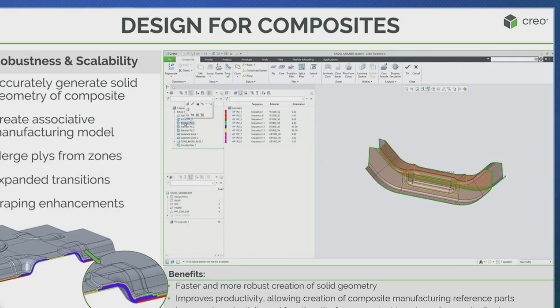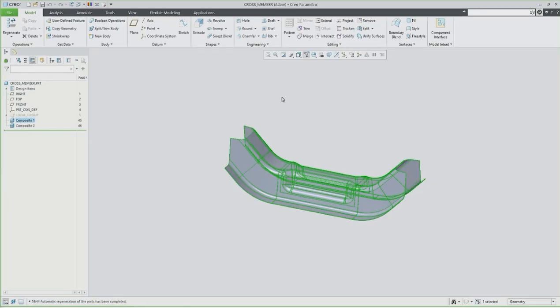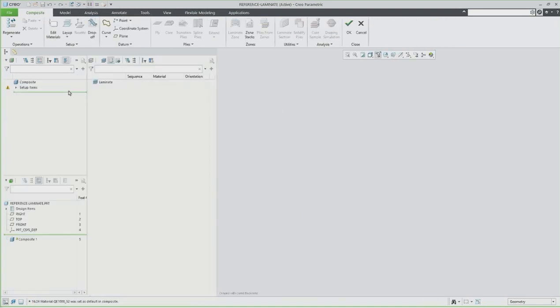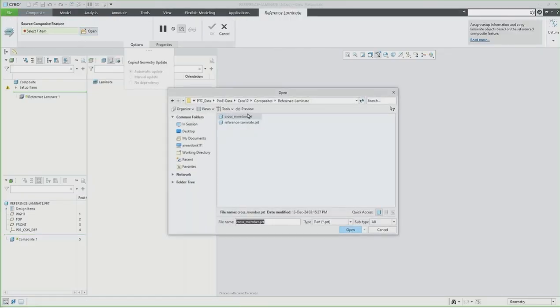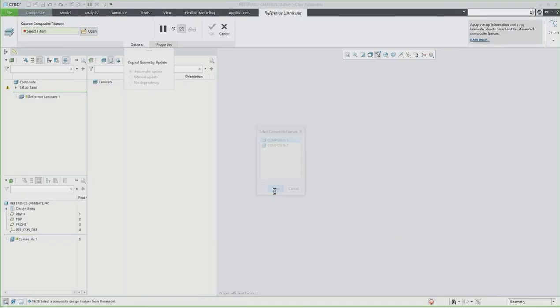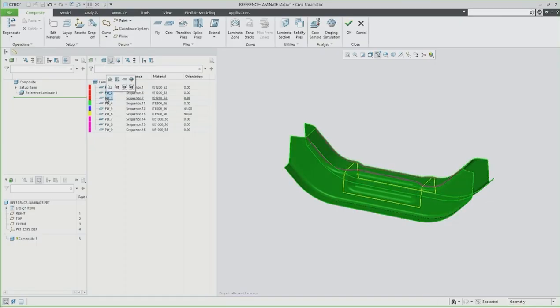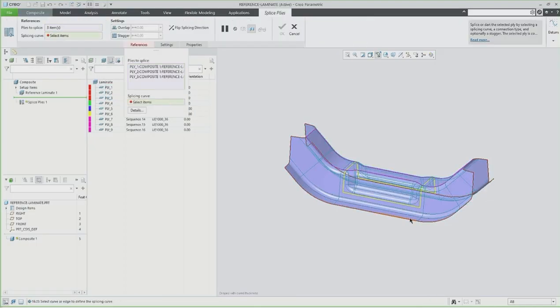Creo 12 is the third iteration of our composite design solution, and each release has got better and better. In Creo 11, we introduced the idea of zone-based plies, allowing users to quickly create composites for models with large ply counts. In Creo 12, we have extended that to now provide automatic merging of neighboring plies. If the system identifies neighboring plies that are of the same material and orientation, it will automatically merge them into a single ply. We also continue to make usability improvements to existing tools such as the transition tool, allowing users to apply transitions to multiple edges at a